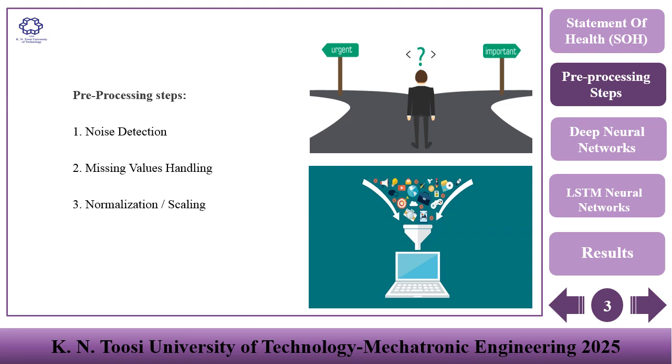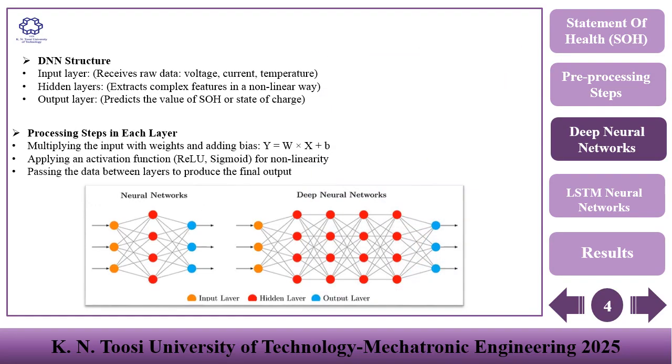This end-to-end pre-processing pipeline, comprising noise removal, missing data imputation, and feature scaling, is not just a technical formality. It is a fundamental and critical process that transforms volatile, real-world data into a structured, clean, and reliable dataset. This directly enables the high performance and reliable results we achieve from our subsequent deep learning models.